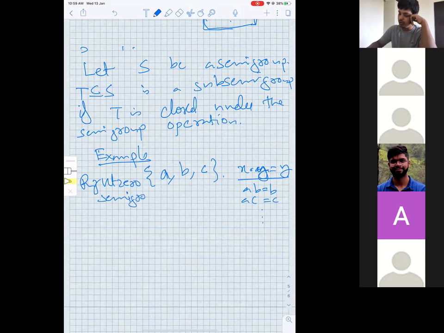What are the subsemigroups of right zero semigroup? How many subsemigroups are there? AB is a subsemigroup. Yeah, BC is a subsemigroup. A is a subsemigroup. Yeah, in fact, every subset of a right zero semigroup is a subsemigroup because I multiply anything by anything, I get back that element. Okay, so